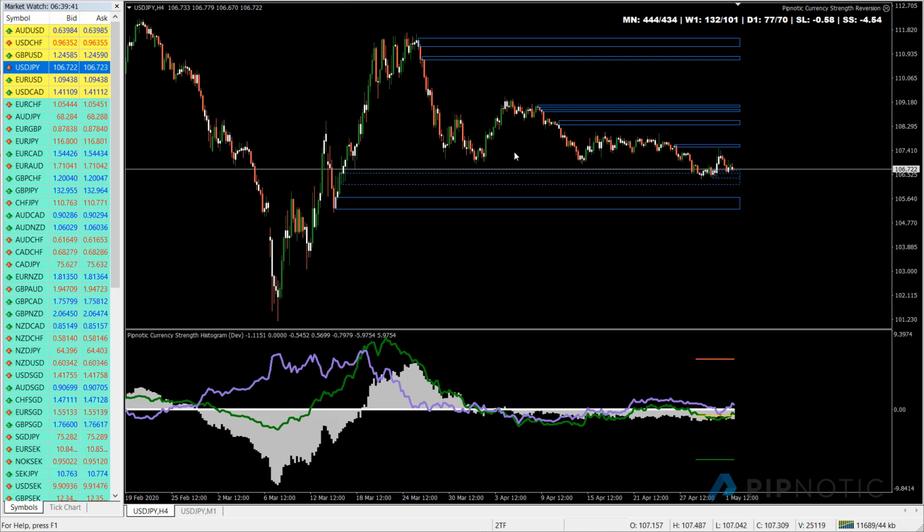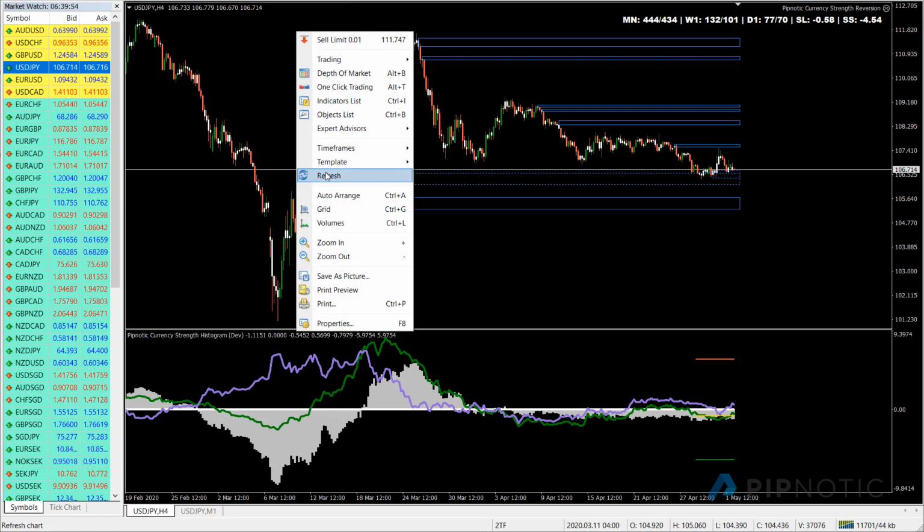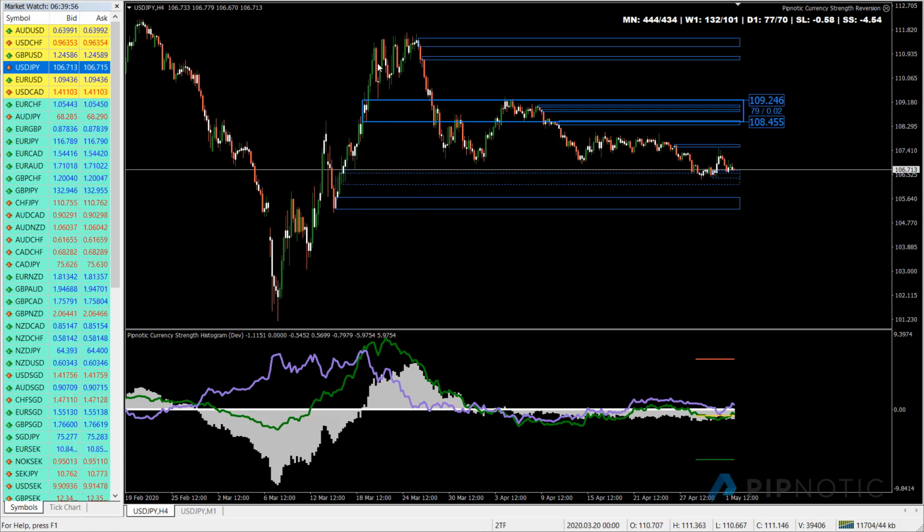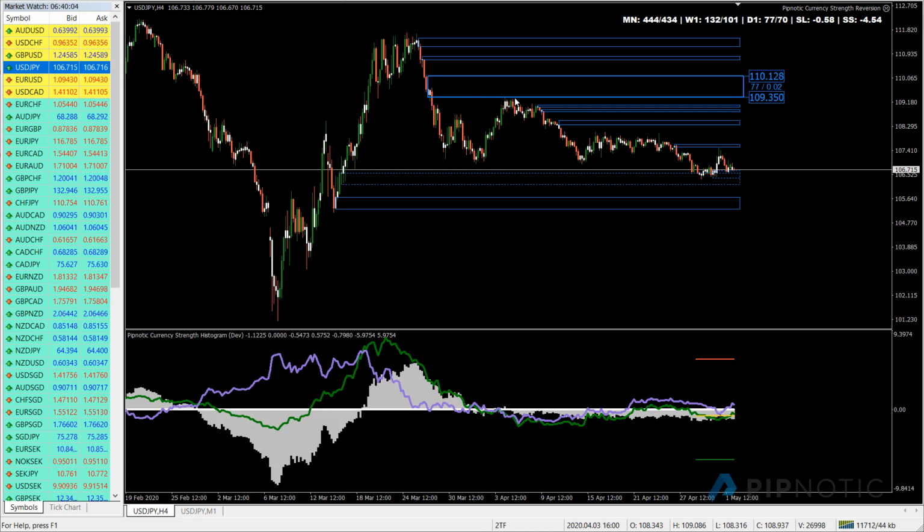And if we have a look here, we do have price kind of moving between this area of demand and this area of supply just here. And this is supply because we had a child here that was tested, price sat on it, cut through it. So we have liquidity here. We came pretty close to it,